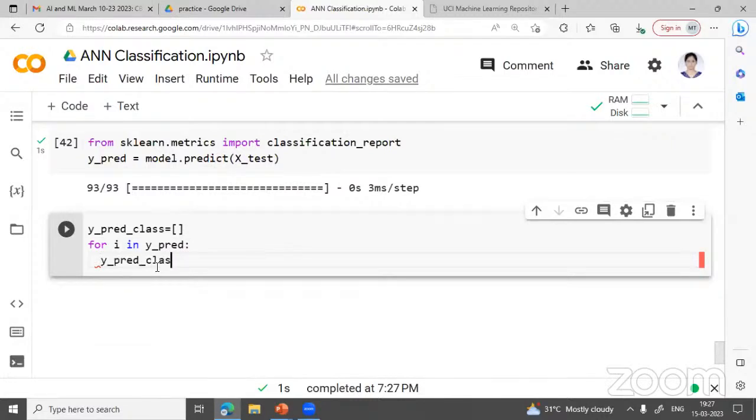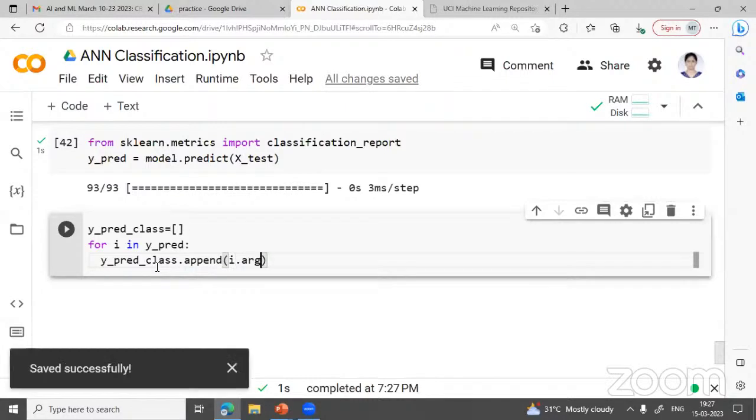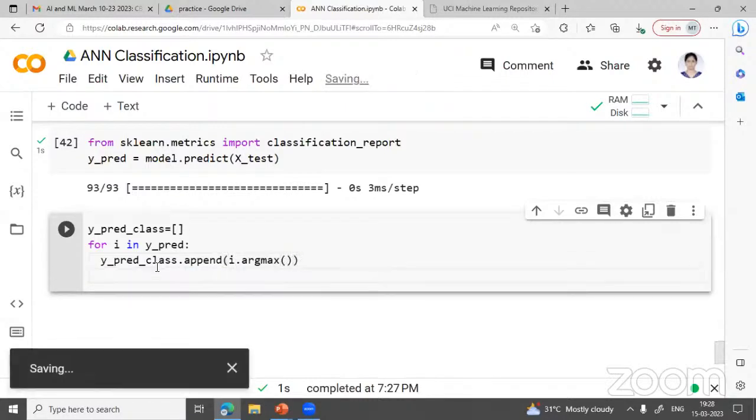And then we will store the class in y_pred_class because y_pred has the probabilities. So earlier we used argmax, so we will use i.argmax. And then we will print the